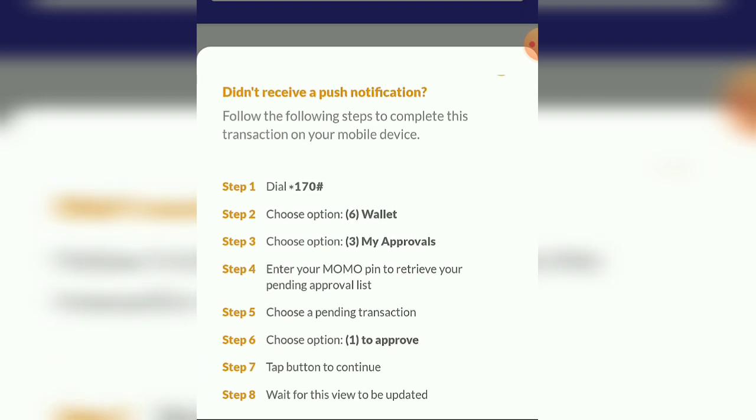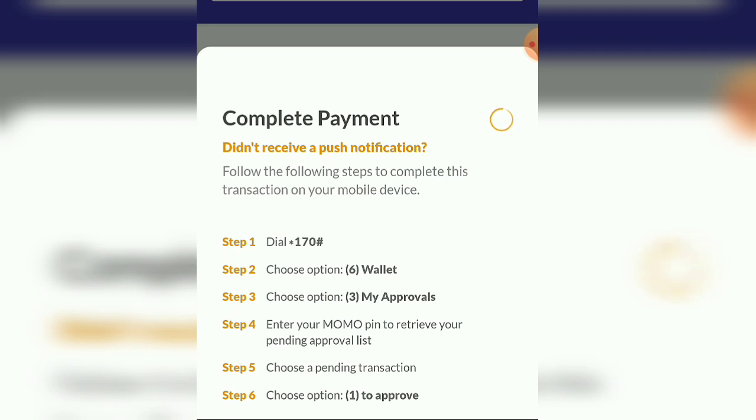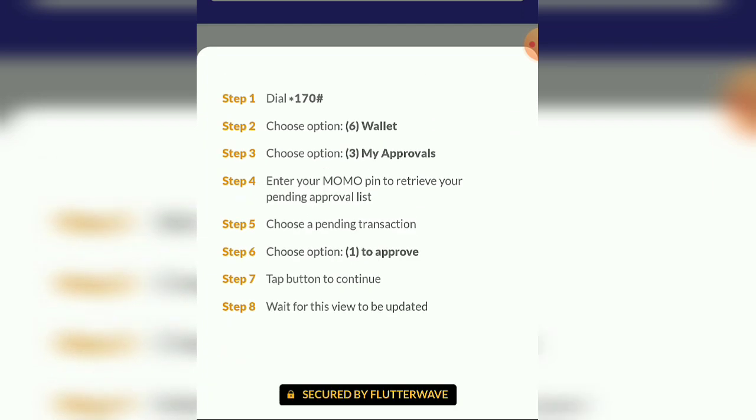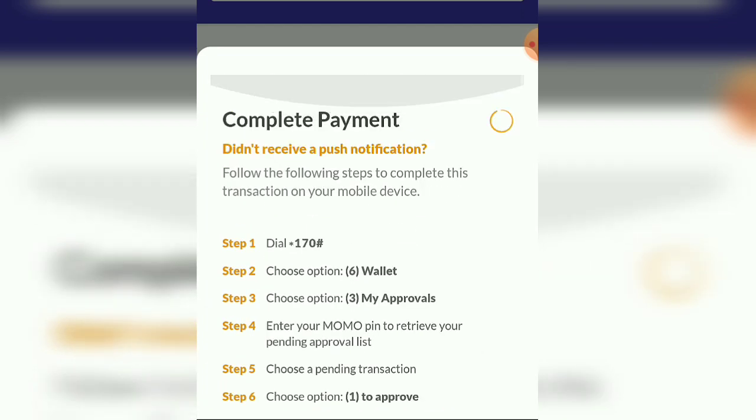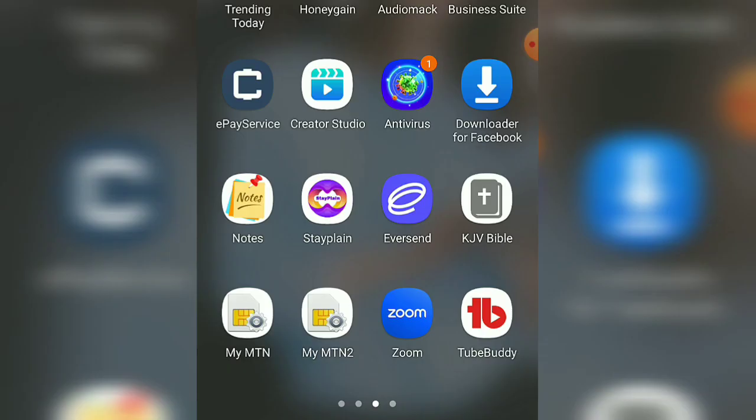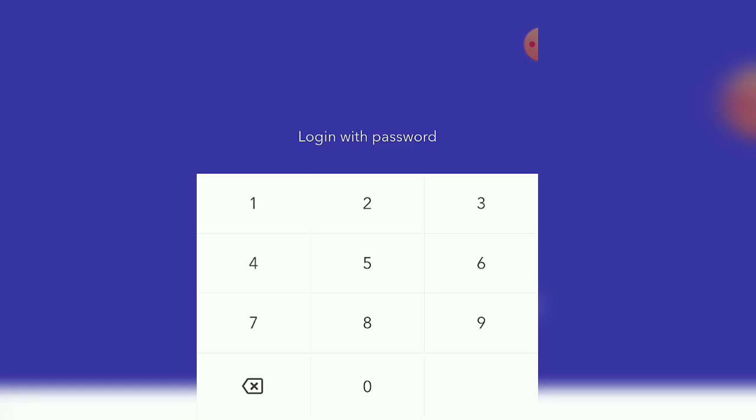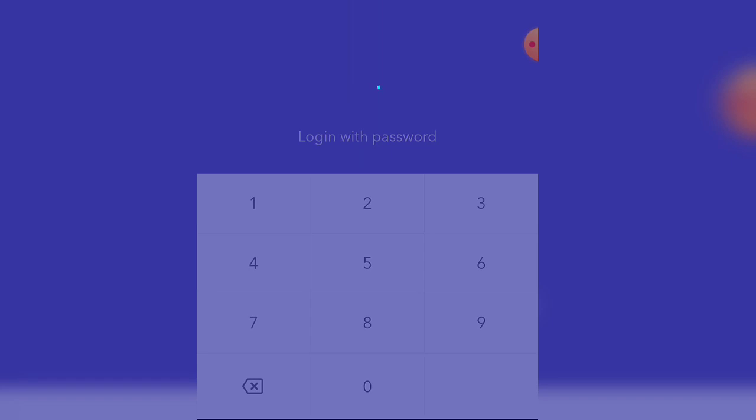So if I follow this prompt, like if you didn't receive the notification for you to enter your PIN, yeah, you have to follow this prompt and follow the procedure, and the money will transfer to your account. But I'm doing it for tutorial's sake, so I will not bother myself to do any transaction. So you see how I did the thing. Yeah, so that's how you can load the money to your Ghana account through your Momo